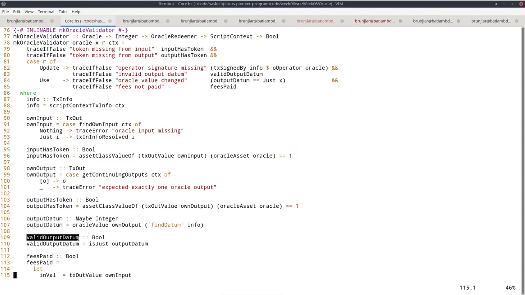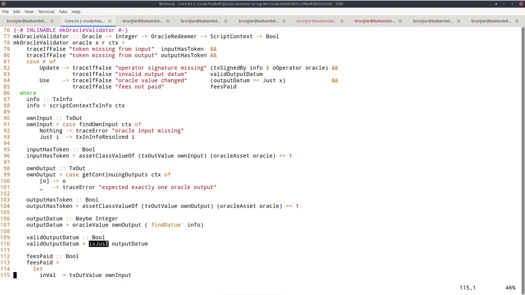So here in the valid output datum, I just take this output datum, which is maybe integer, and check that it's not nothing, that it's a just. And there's a function in the prelude called isJust that does just that. So isJust will be true if it's a just and will be false if it's a nothing. So this is the second condition I check here.